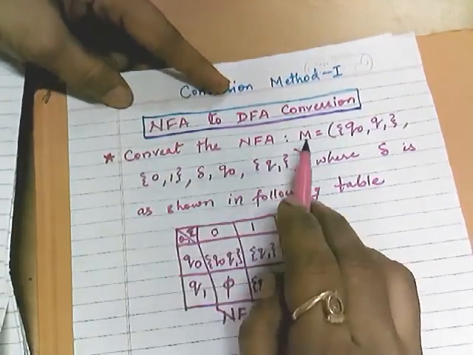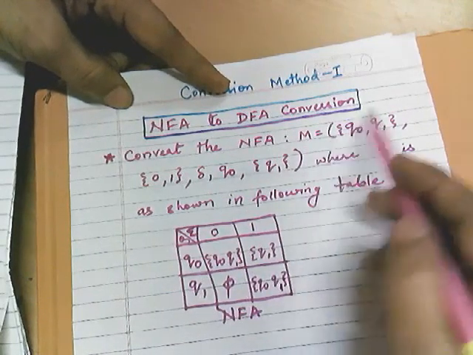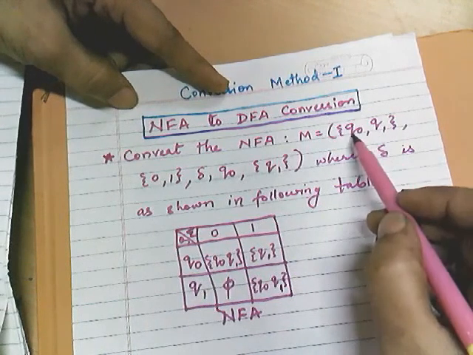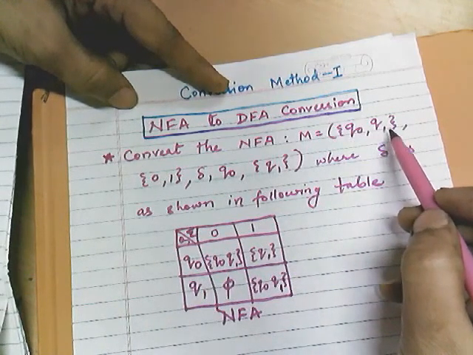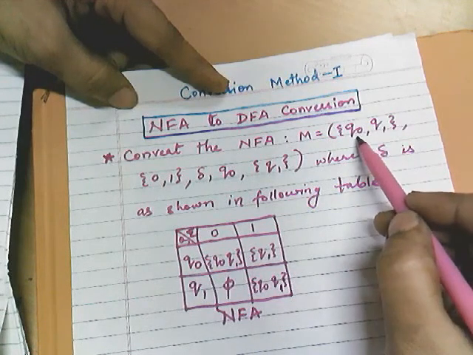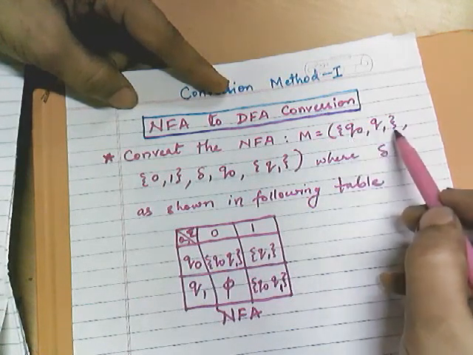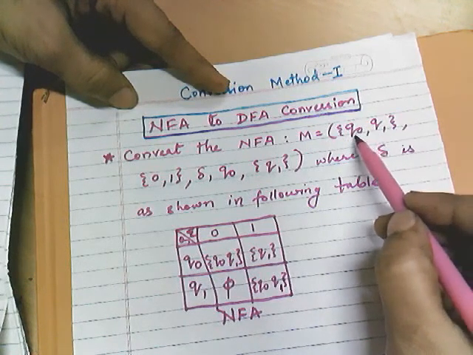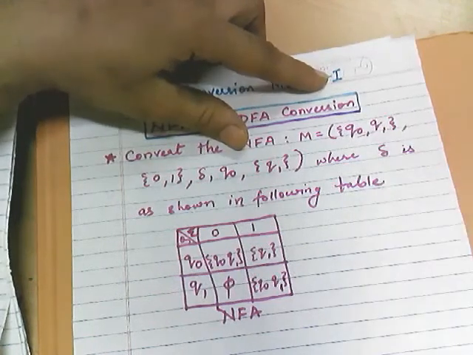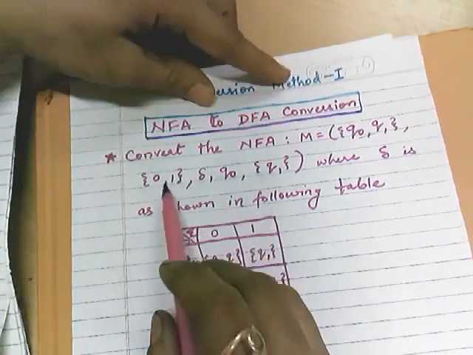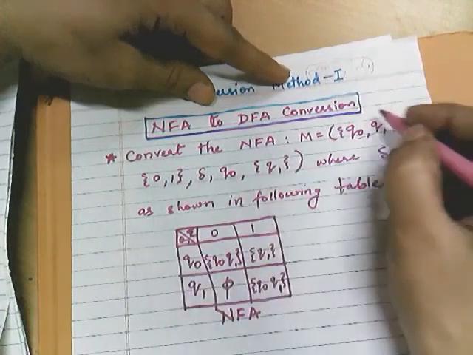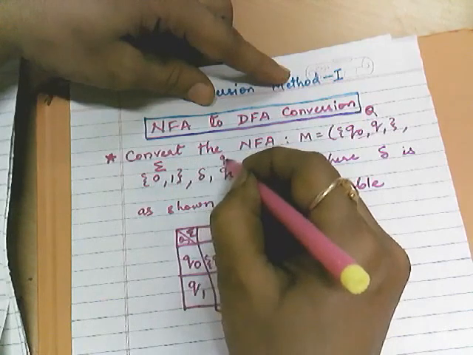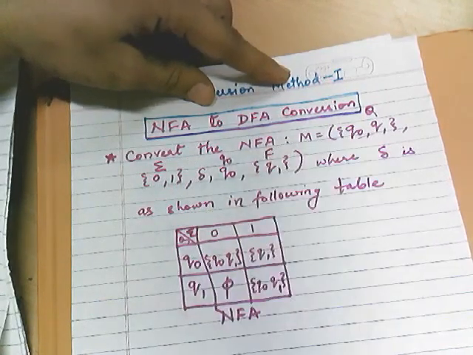Convert the NFA, M is equal to, now see here as usual we are representing M with 5 tuples. Now the values are written here instead of the capital Q. So capital Q is here replaced by a set which is indicating how many states are there in the given NFA. So how many states are there? 2 states, Q0 and Q1, right? Next is alphabet. So this is your Q, this is your alphabet, the delta is given, the initial state, and this is representing your final state.